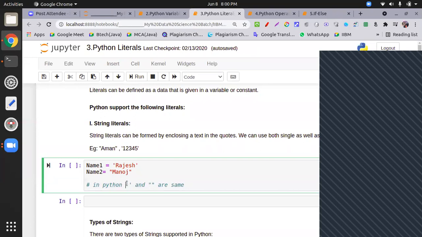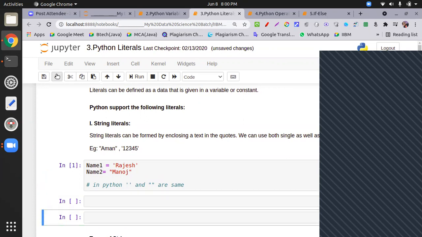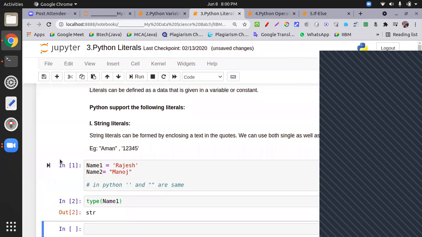In other programming languages, single quotes stand for characters, just like C, A, B, individual independent values known as characters. You can put a numeric value in a character, but the type is different. If you put a numeric value as a string or character, it is not an integer, so you cannot perform any arithmetic operation. But here it is the same, because in Python we don't have a separate character data type. The type function reflects the same data type for name1 and name2.